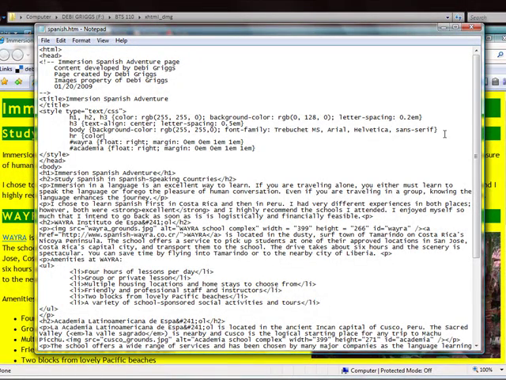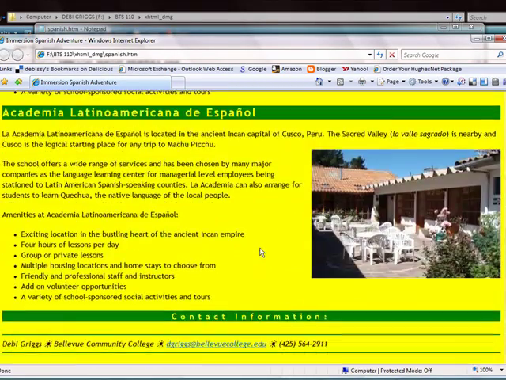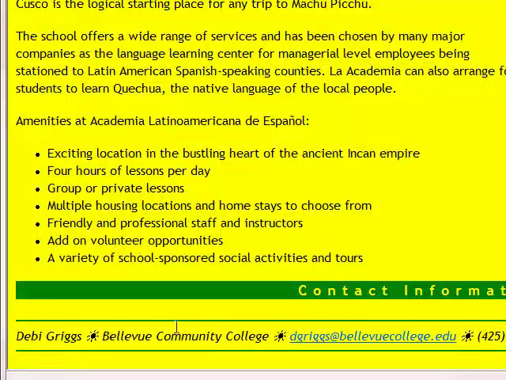So I put in horizontal rule color, RGB again, and I'm going to use the same green, which is going to be 0, 128, 0. Close parentheses, curly bracket, Control S, and let's see how it looks. Okay, now my lines are green